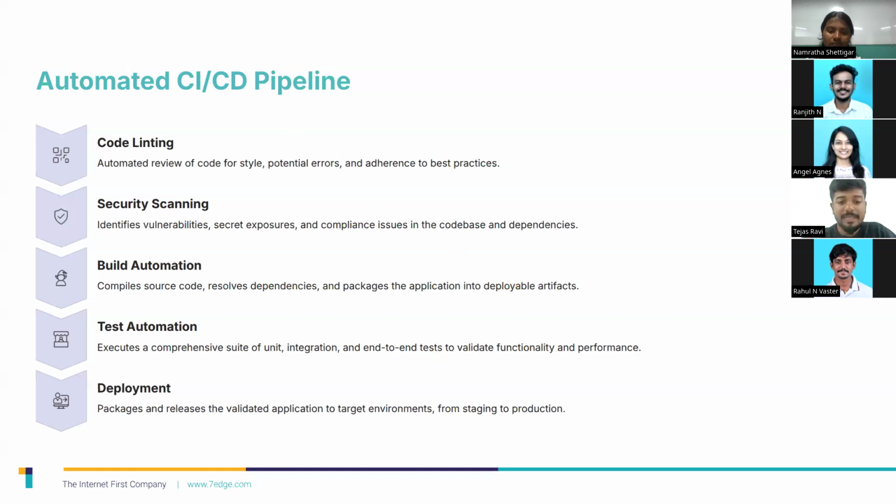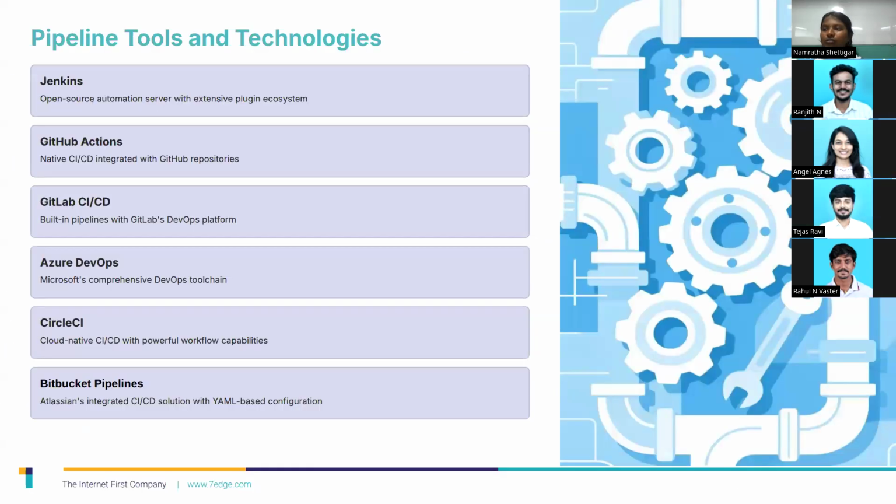Yes, Namrata, that was a great explanation. Now, can you please list the different pipeline tools? There are a few pipeline tools, as you can see here. One pretty popular one is Jenkins, and we are using GitLab CI/CD and Azure DevOps, but we used to do Bitbucket Pipelines also. And one more is CircleCI, and in GitHub we are using GitHub Actions.